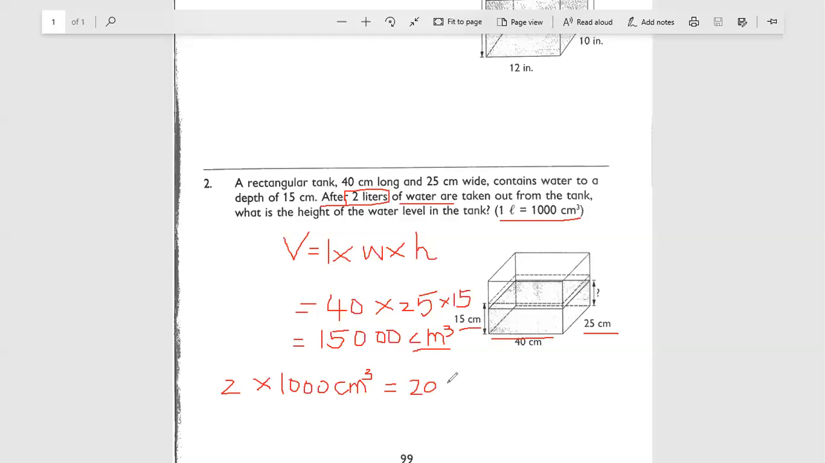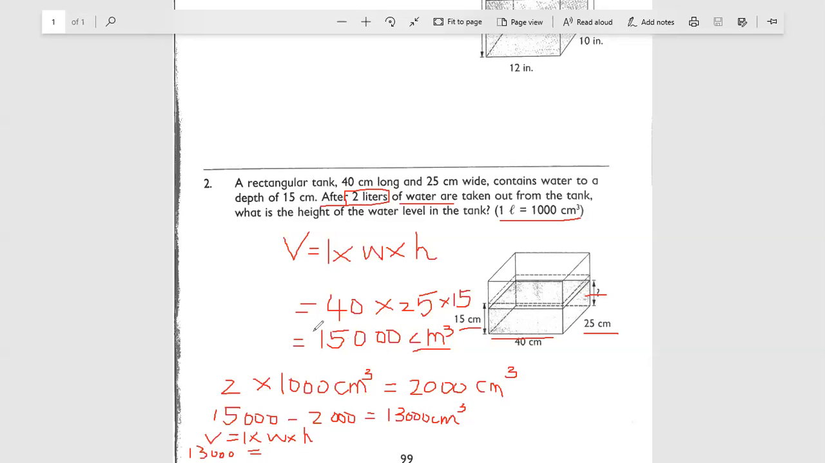This one tells us they took out 2,000 centimeter cube water. So we want to use $15,000, and then they take away 2,000 centimeter cube water. So right now, we only have 13,000 centimeter cube. So we want to figure out the height. Again, we want to figure the length times width times height. The volume right now is 13,000 centimeter cube,